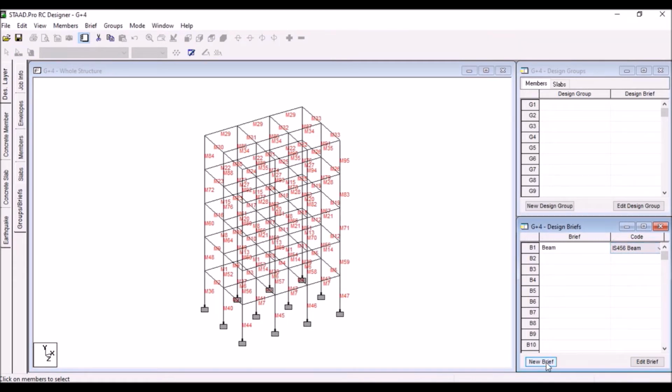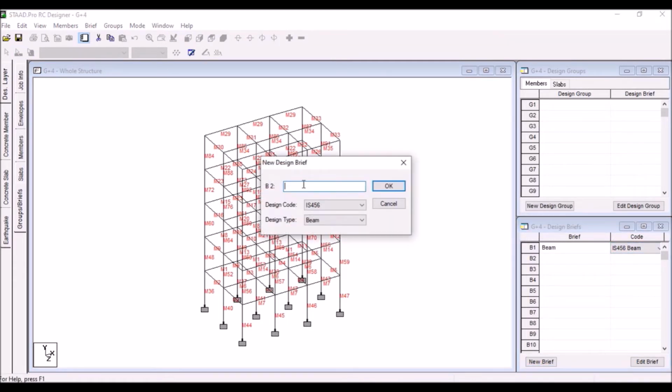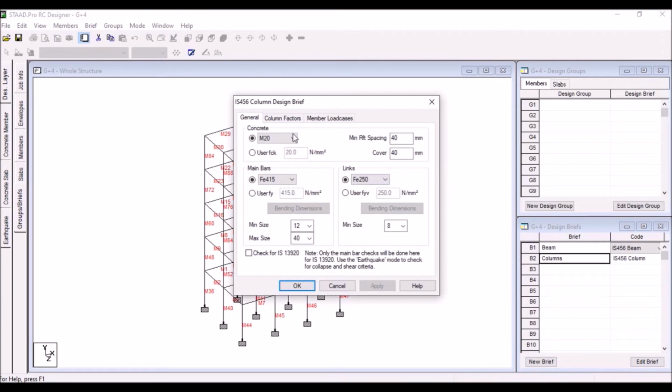Similarly, create a new brief for the columns. Just select the column here and click on OK. It will ask you for the concrete, what grade of concrete you are going to use, and what kind of minimum bar you are going to use. If you want to change anything, you can change it. Only the main bar will be checked when this is done using the earthquake mode to check the collapse